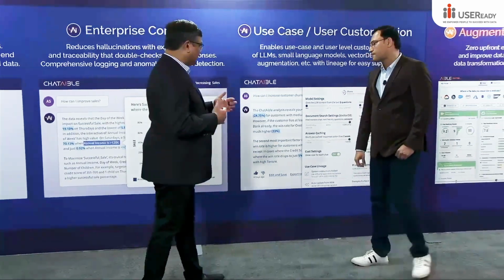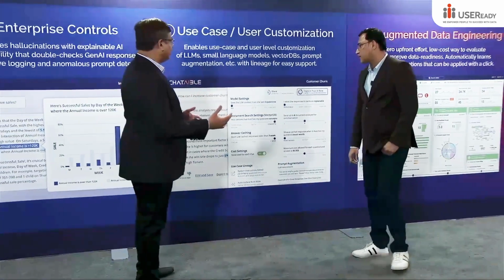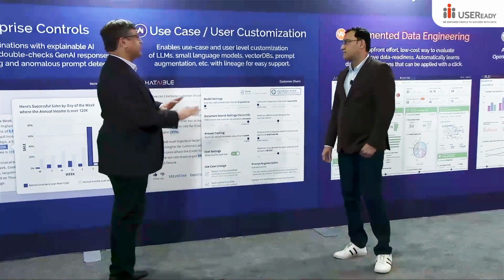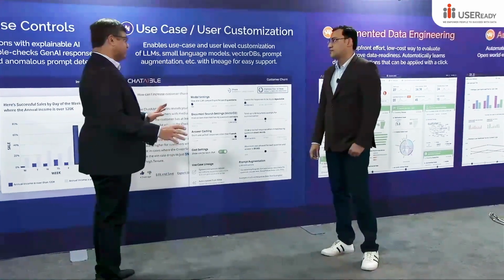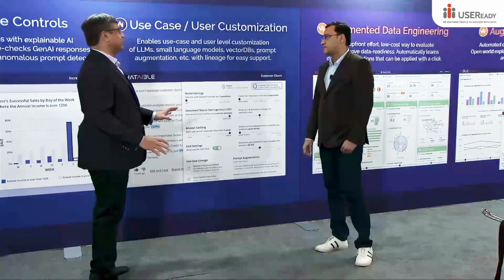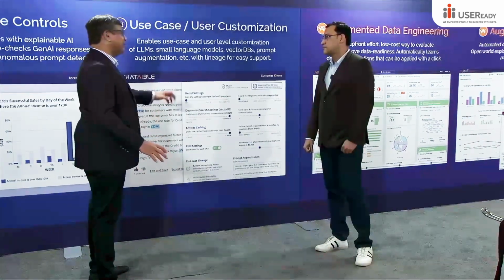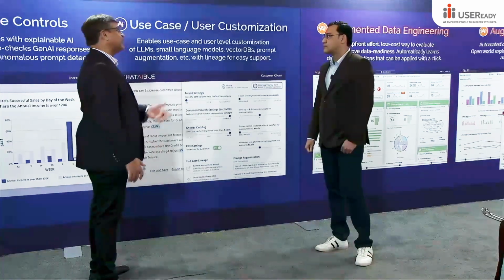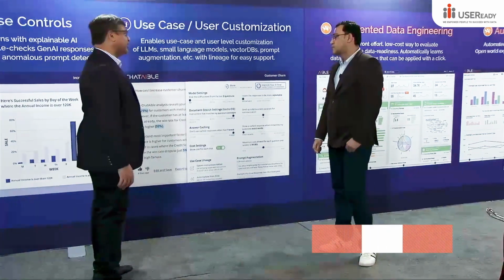About how you might have to try different kinds of search techniques, different choices. One of the things we believe in is that though everything is built in and you can just do everything, you should be able to do prompt augmentation. You should be able to do few-shot learning. You should be able to change your search parameters. What do you feel about that? And any thoughts on how we are approaching it?